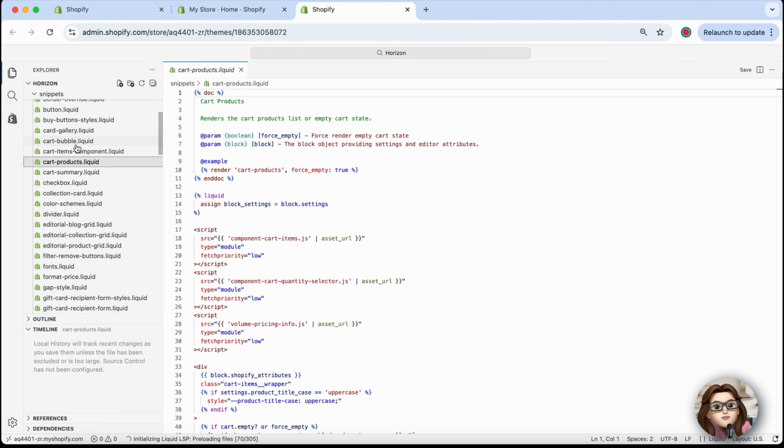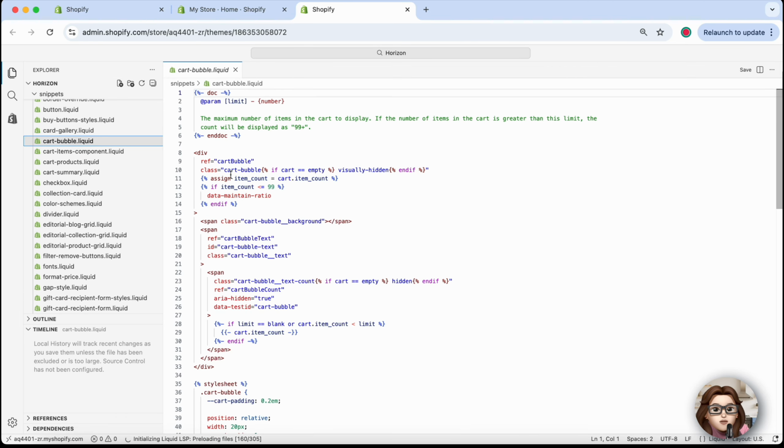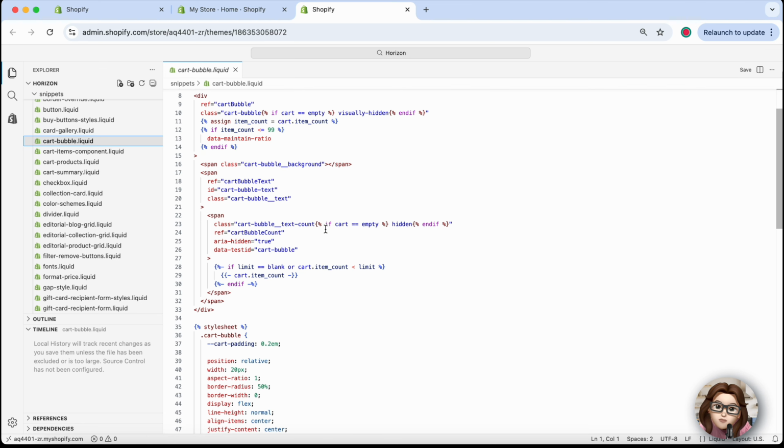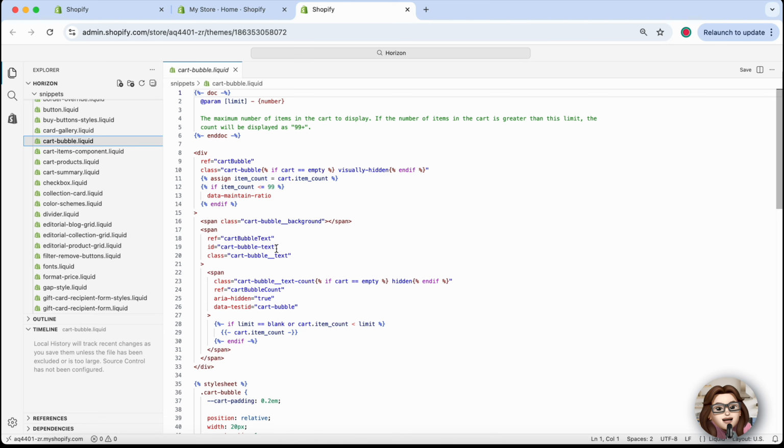Once saved, click Exit and then select View Your Store to preview the changes. You should now see that the cart icon has been removed from your Shopify store header, giving your site a cleaner and more minimal